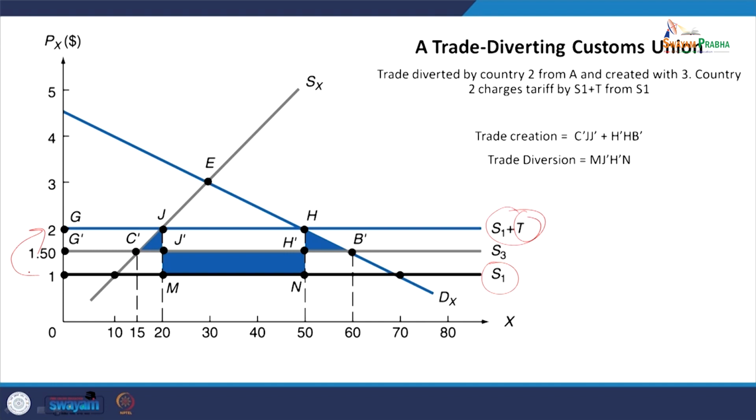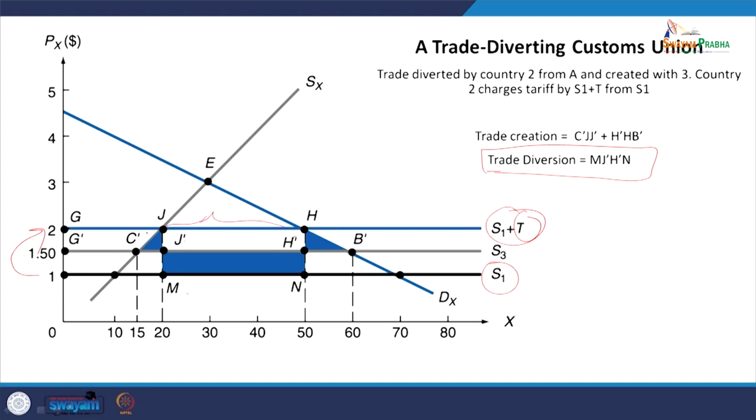So diversion of trade is explained by M, J prime, H prime and N, because of the extent of tariff created or the restriction created. So those amounts are now restricted. These are only imports as per the new